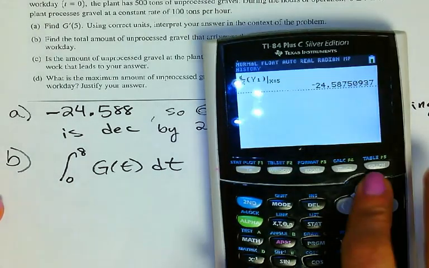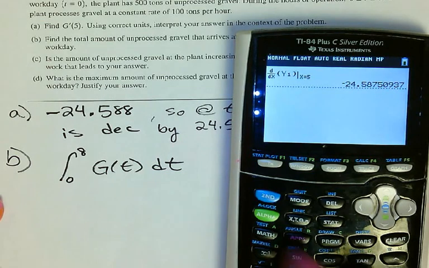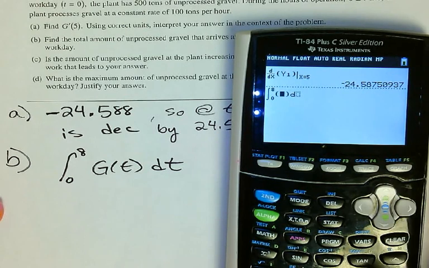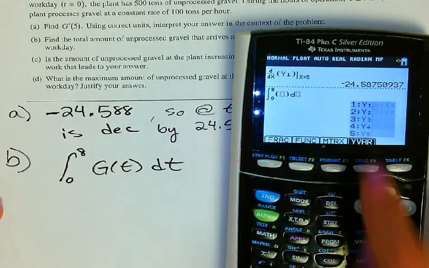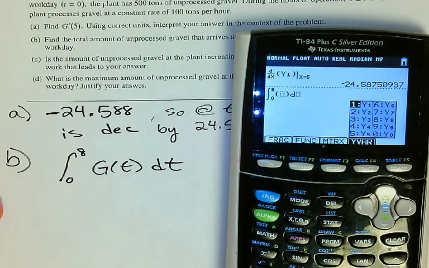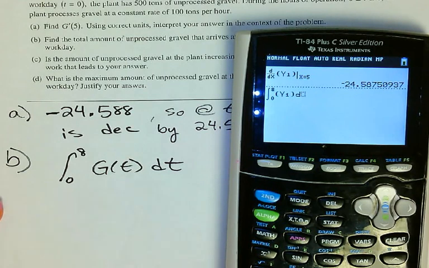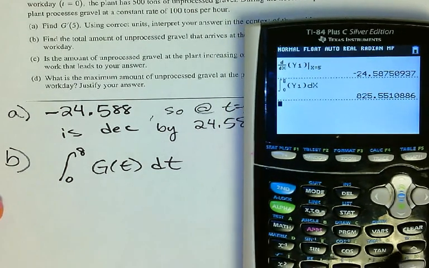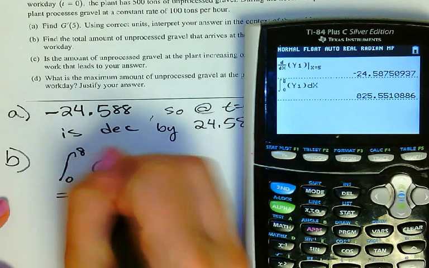So on my calculator, that's going to be a Math 9. And we're going to go from 0 to 8. Again, that little shortcut is alpha and then the trace key, instead of the vars. And then you could arrow over. We're doing that with respect to x. My calculator's thinking about it, and it spit out that 800 number. So I've got that equals